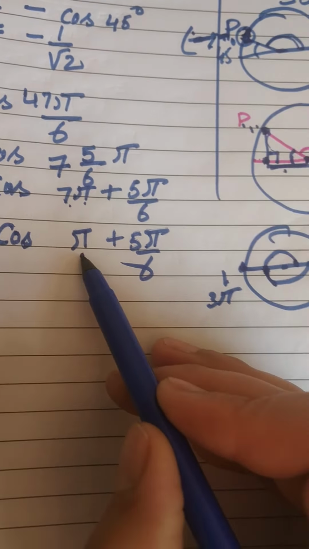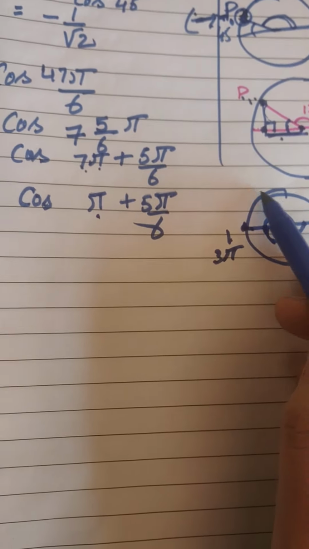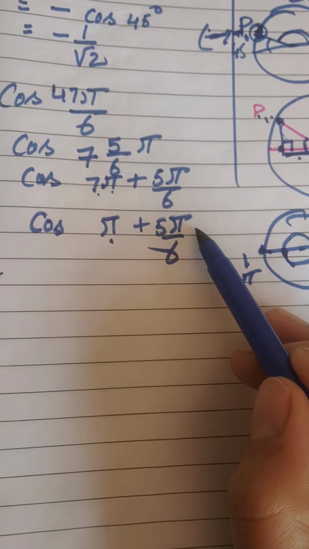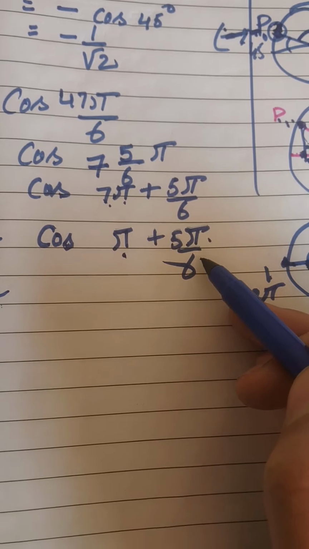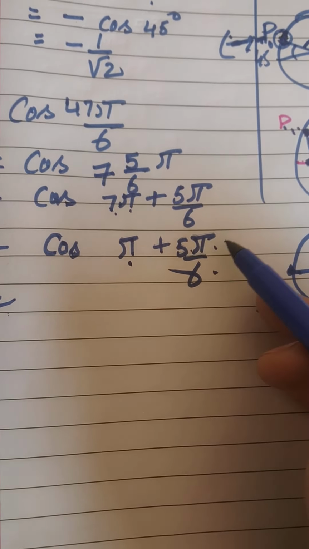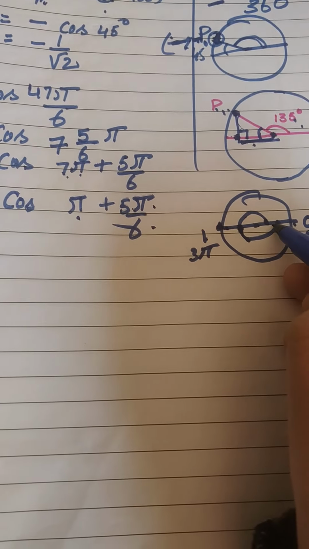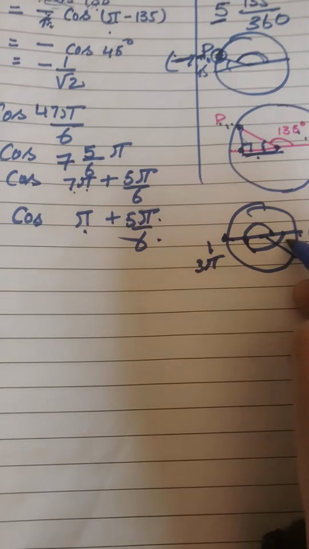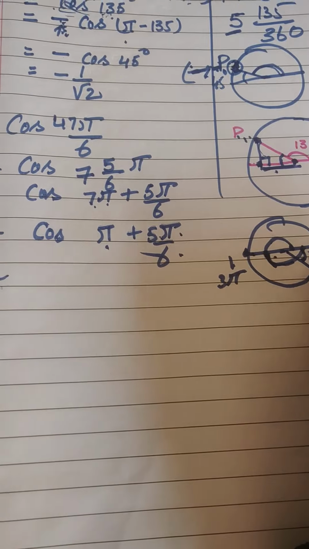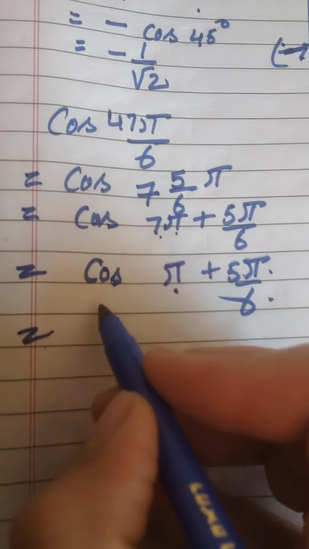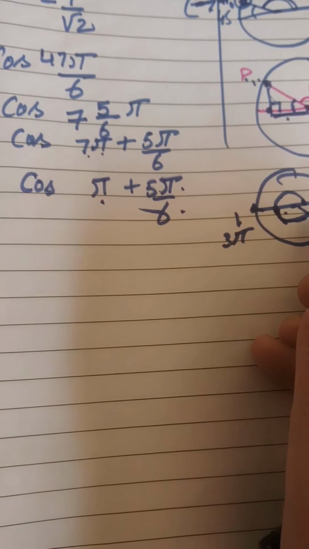So here we are moving from pi further in the anti-clockwise direction, and by what angle? 5 pi by 6. If we quickly recall, pi by 6 is 30. 180 over 6 is 30, 5 times 30 is 150. So 150 degrees. From pi, we are moving 150 degrees. That means where do we reach? We have reached somewhere here, and because this angle is 150, this is your 30. Okay, that means what can we write here? Where did we reach? Pi plus 5 pi by 6.